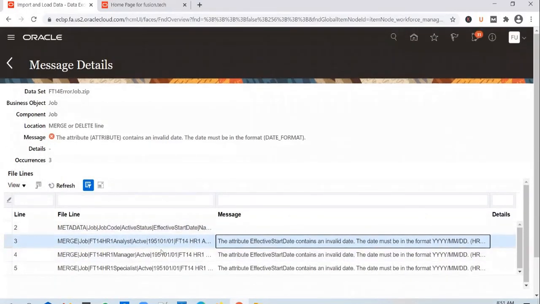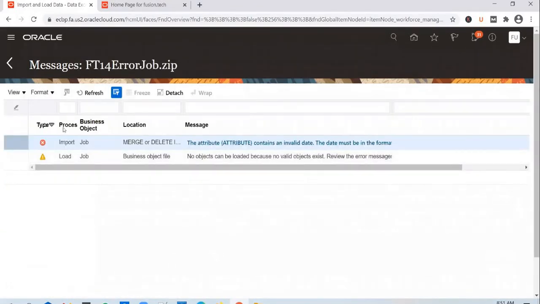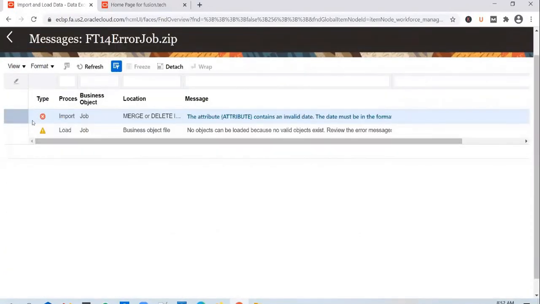And what is important here is, for some of the attributes, you will not be able to edit them in the staging table directly. Say, for example, if you go back, I don't think we will be able to edit this error. So you see the error message, but you don't see an option to edit the record in the stage tables here. You don't see any edit option available here. So we'll leave this as is, and let's try to load in another file.